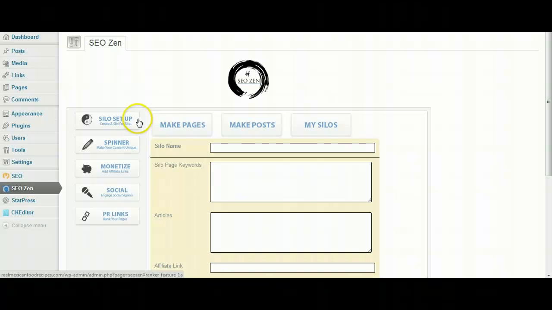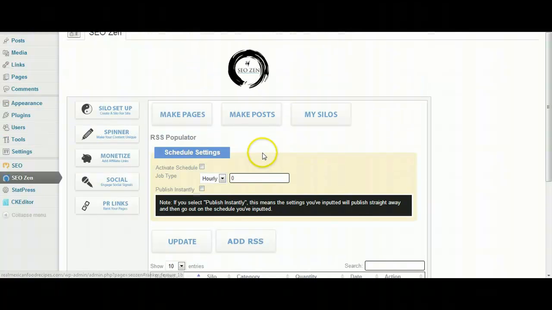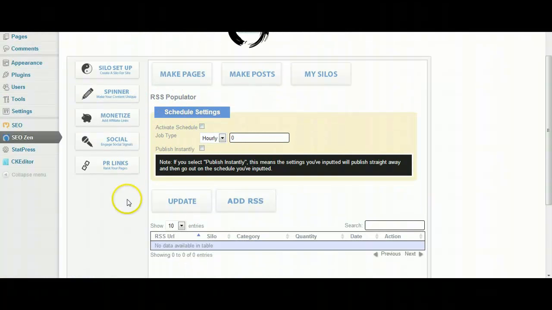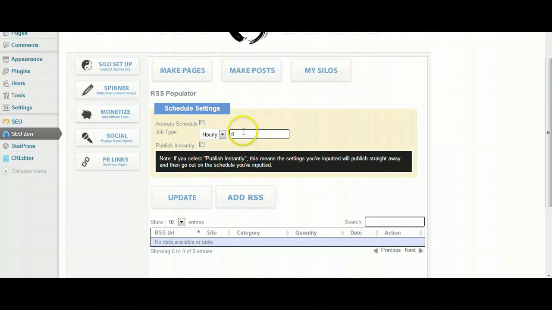So if you think about it that way, you're creating a $100 a day business using this. Now the great thing about this is you can create pages, you can create posts, and when you create posts you can use RSS feeds from other people's websites, those who allow you to take their posts and republish elsewhere. So then you can set it up so that your RSS populator is filling your site with content from other people's sites. Now again, like I said, you have to make sure that this is from sites who are willing